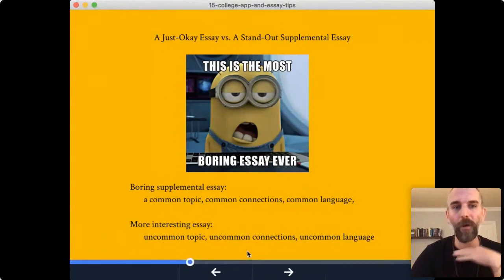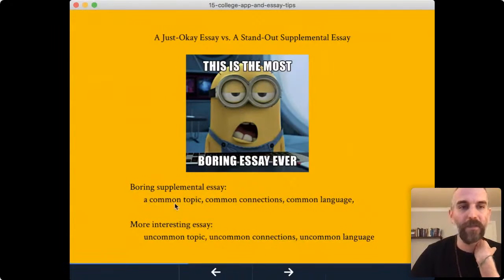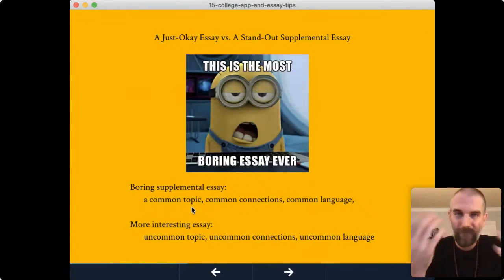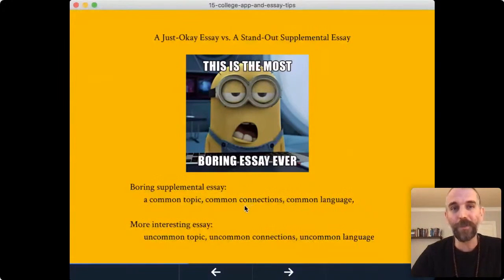For me, the most important part here is these uncommon connections, because even if you choose a common topic, like let's say volleyball, I wouldn't recommend making common connections, which is to say, it's taught me discipline, hard work, and perseverance. Like, what has it taught you besides these things? What are some of the uncommon things? What has it taught you about